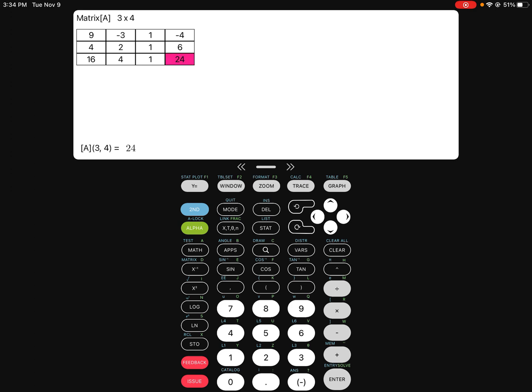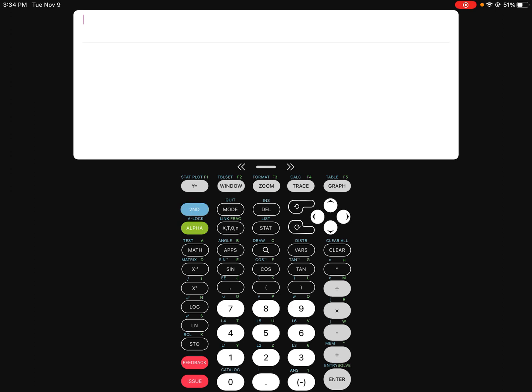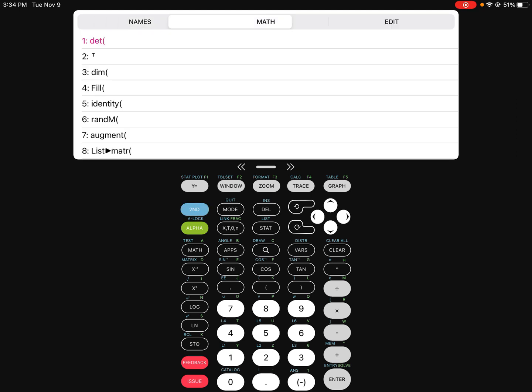Okay, so once we've typed it in, remember, go back to your home screen, so second quit, and then you're doing second matrix, go to math, and then you're going to go to your reduced row echelon form,